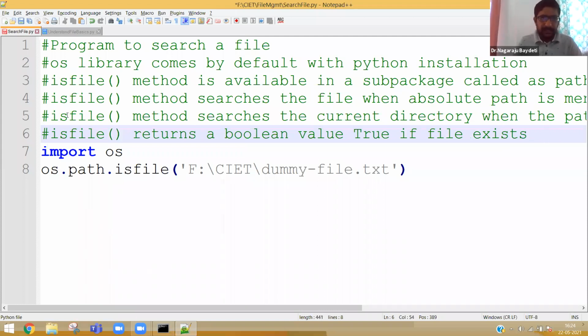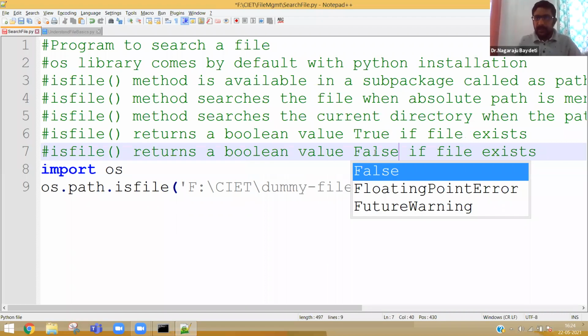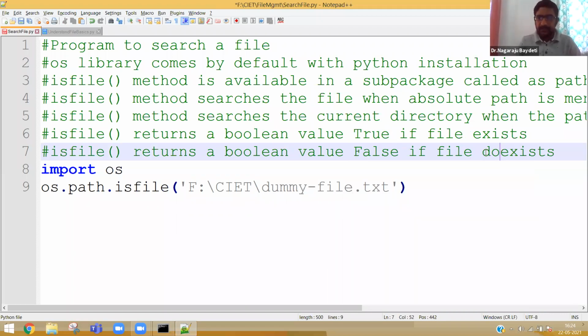The isFile method returns the Boolean value false if the file does not exist. Tell me in case you have any doubt in understanding this concept. What is the isFile method and what is OS and what are Python modules?